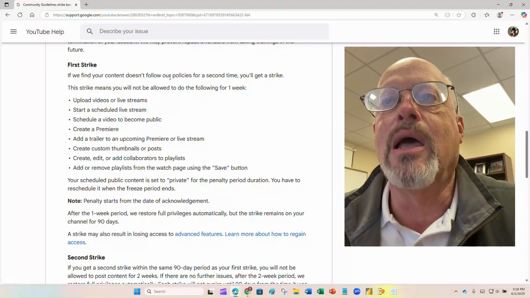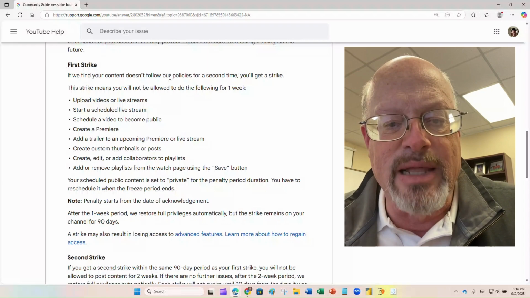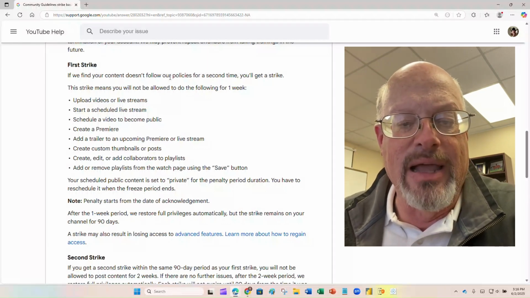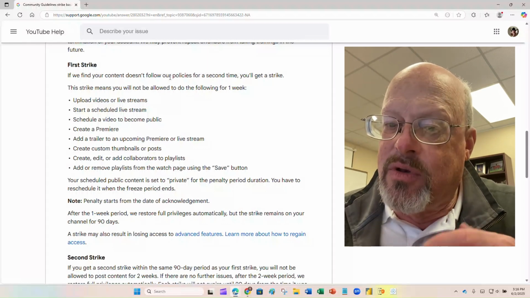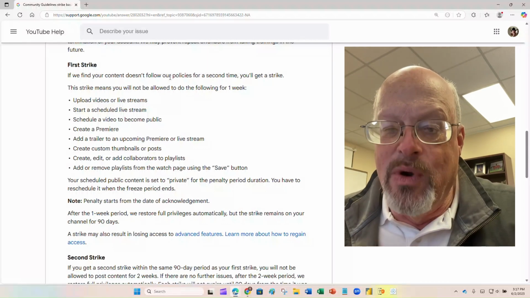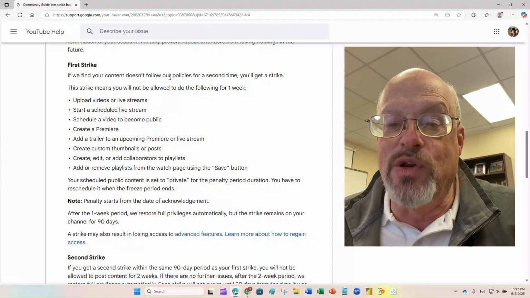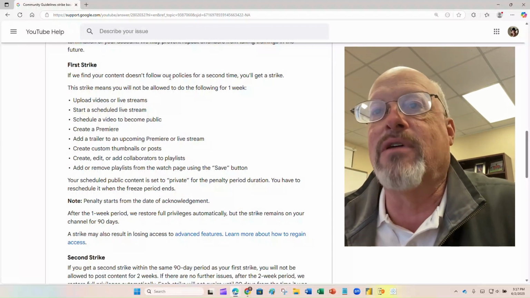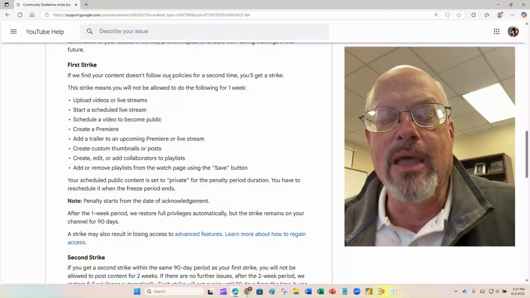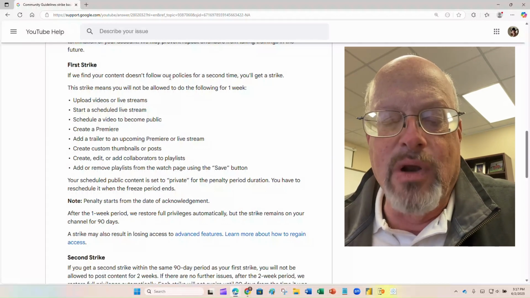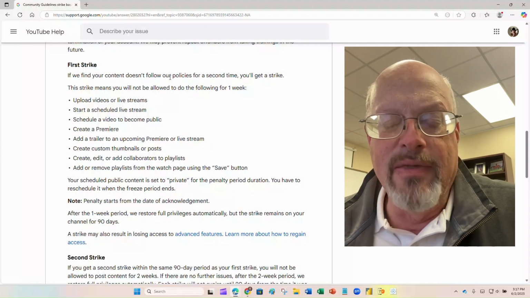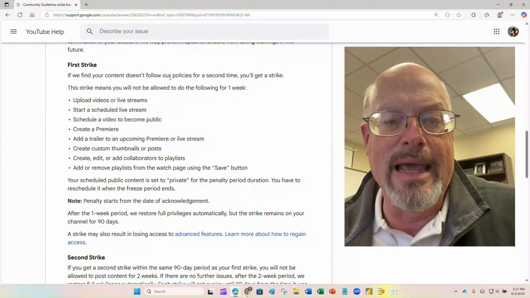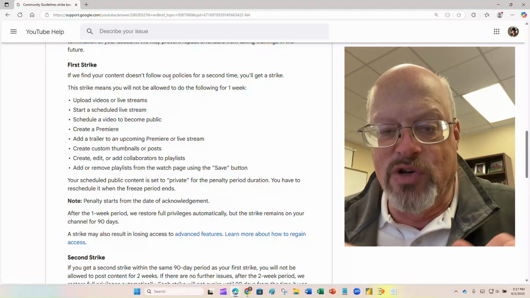At that point, you have to acknowledge that you got that, and then your 1 week starts when you have acknowledged the violation. Your probation doesn't start when you get the email. The probation starts when you acknowledge the email. So that's important. That's why you have to check your email every day, right? Because if you don't check it once a month, you could be locked up for a week, for a month, and then all of a sudden you realize it. Then you've got to start your clock for your 90 days, right? So make sure you check your email daily.